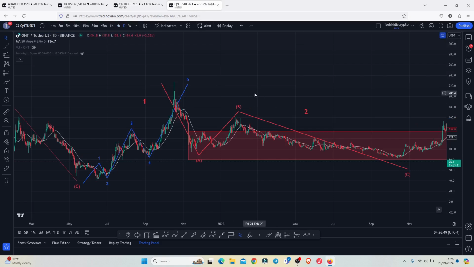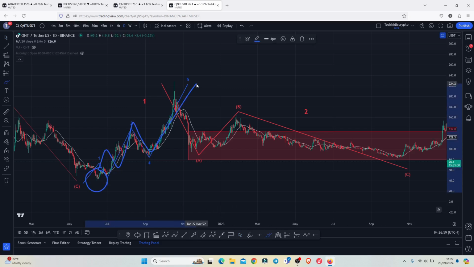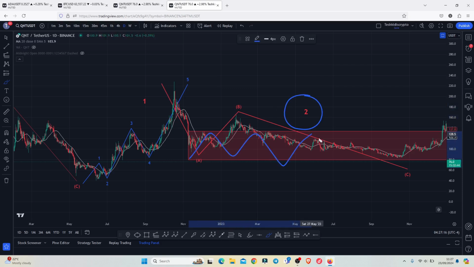Jumping to the daily chart, here on the daily chart you can see that after making our bear market lows below the $40, we saw a very nice bounce to the upside in a 5-wave structure, which peaked above the $229, completing the formation of this Elliott wave count 1. And after we peaked in that Elliott wave count 1, we saw a bit of a short-term pullback in an Elliott wave count 2, whose minimum target areas I have highlighted here on the charts using this red target area,